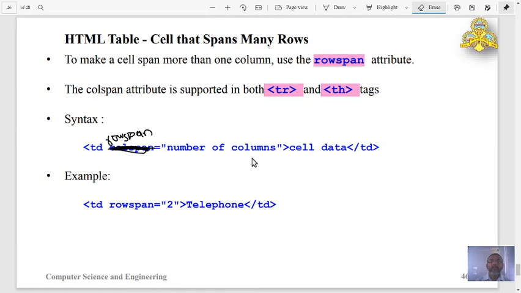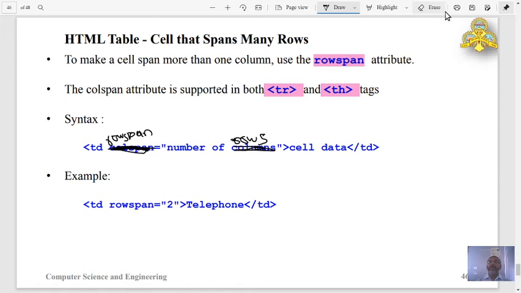So here also number of columns, not columns, it is rows. Okay, now it's correct.